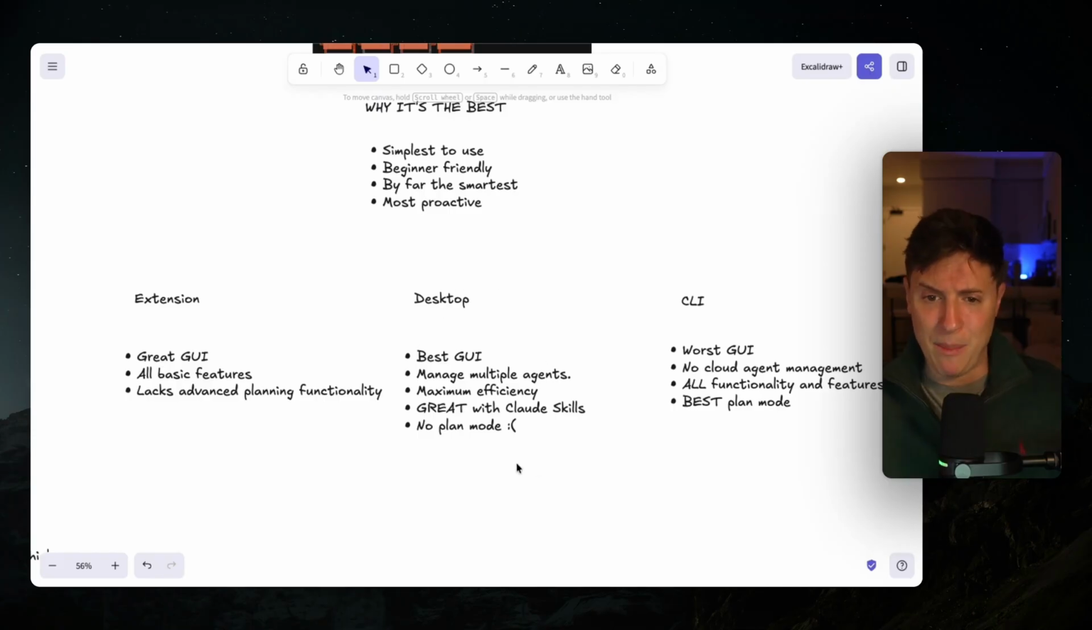Then there's the desktop app. This is the Claude desktop app that is actually really cool and really neat. It has the best user interface by far for Claude Code. It allows you to spin up cloud agents, local agents, which is basically the best AI agent manager out there. It is the best for efficiency, so working on multiple projects at once. It is the best with Claude skills. One issue though, it has no plan mode, which is a major oversight by Anthropic. I'm sure that's coming soon, but that lack of plan mode really kills the experience, which is why we're going